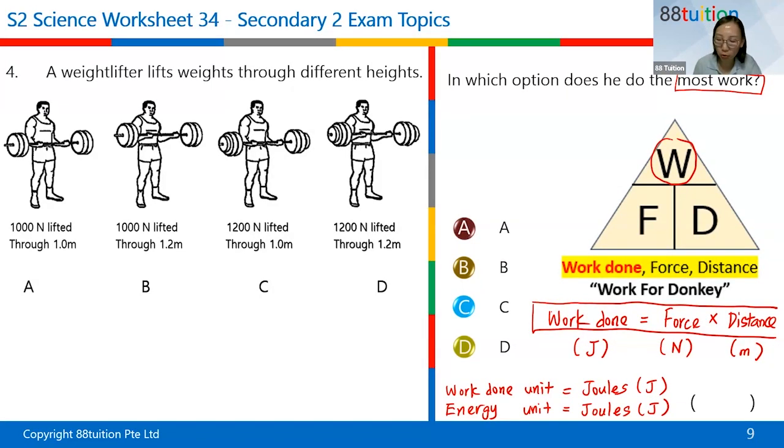Okay, so once you know work done equals force times distance, I have a memory aid here. You always start from the top. Just now I made a mistake. In the earlier part of the lesson, I forgot and wrote it this way. So for my memory aid, please start from the top. All right, so W for donkey. The donkey, when I traveled to Greece many years ago, there was quite a slope